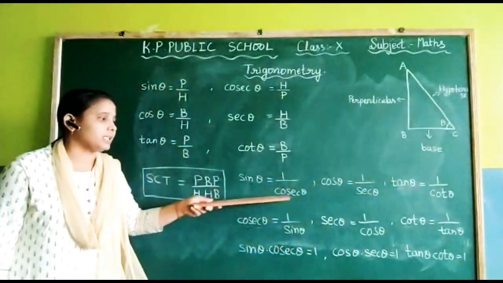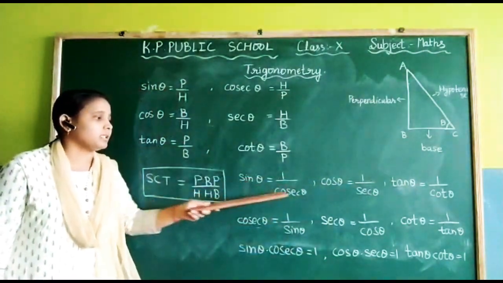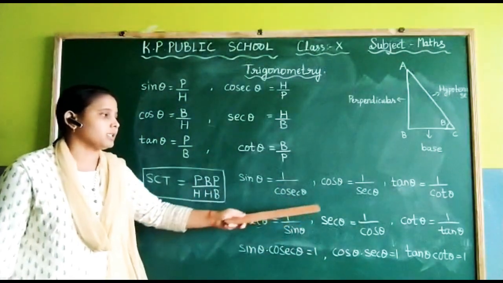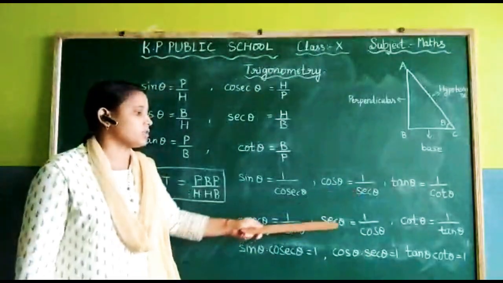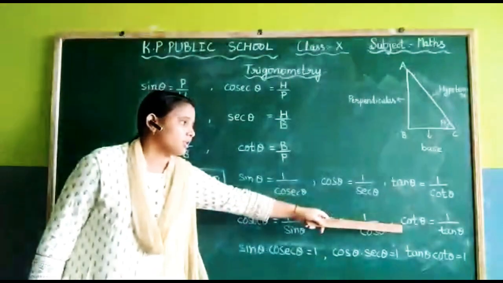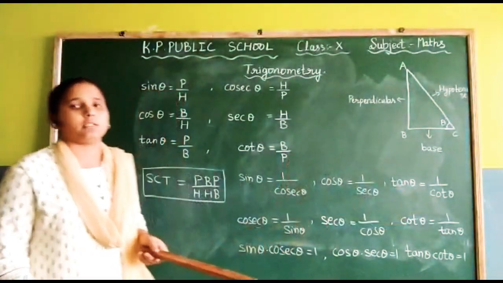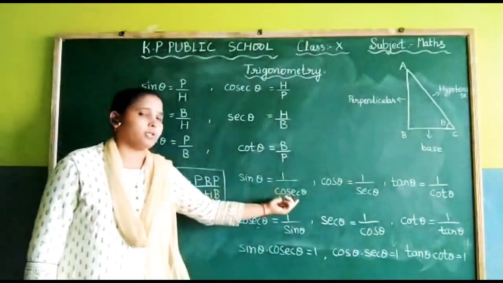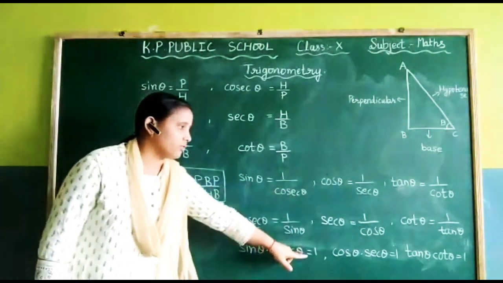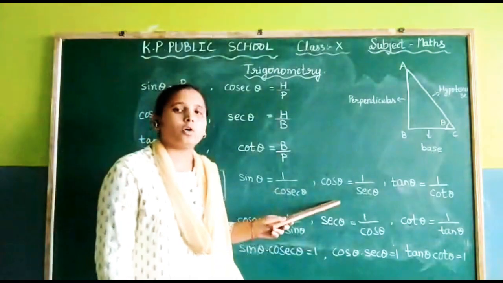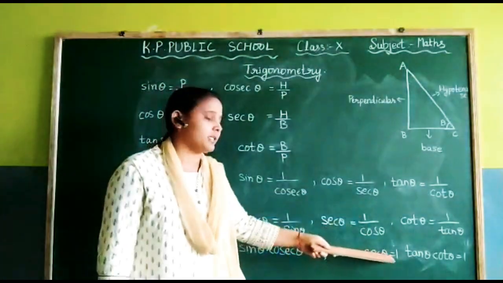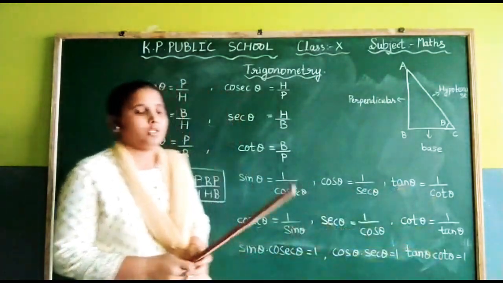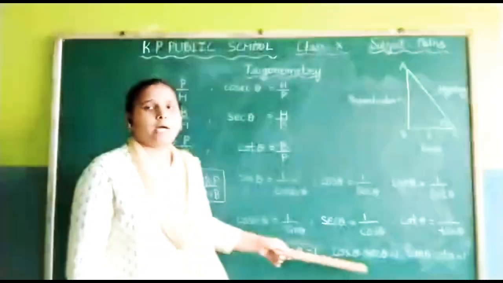Similarly, if I take this cosec theta here and sin theta I bring it here, so this will become cosec theta is equals to 1 by sin theta and sec theta is equals to 1 by cos theta. Then after cot theta is equals to 1 by tan theta. Or we can also write like this, sin theta into cosec theta, that is equals to 1. From here what I get, cos theta into sec theta, that is equals to 1, and tan theta into cot theta equal to 1.